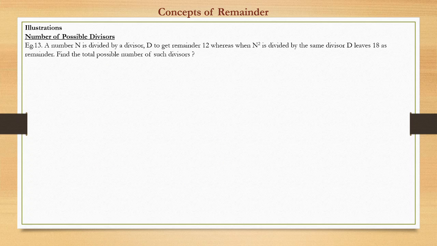Now I think this is the last example. We'll look into this illustration where n is divided by a divisor d to get a quotient q1 and a remainder 12, whereas n square when divided by the same divisor d gives another quotient q2 and 18 as remainder. Find the total possible number of such divisors. So here also, this is equation 1, this is equation 2. So if we square the first equation,